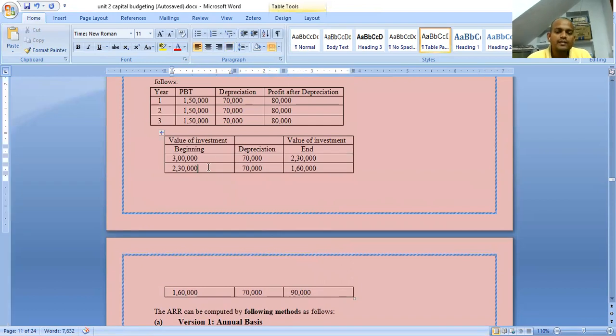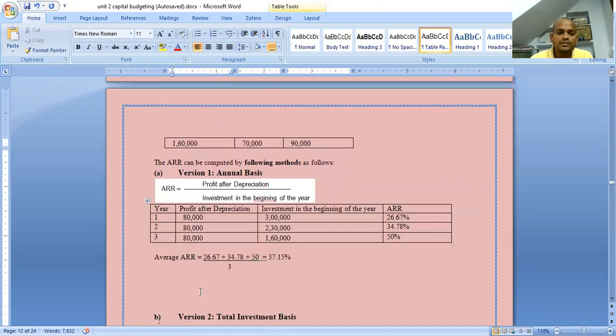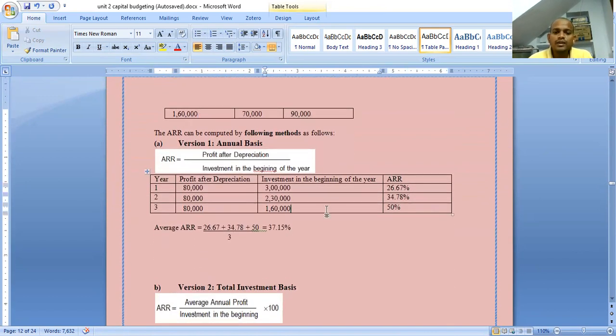In the second year beginning 2 lakh 30,000. In the third year beginning it is 1 lakh 60,000. So each year we have to calculate the accounting rate of return. So profit after depreciation divided by investment in the beginning of the year. So 26.67 percentage. And we have to average all